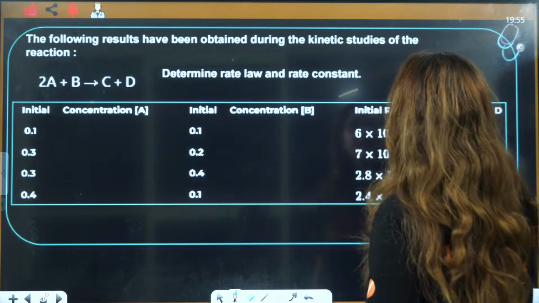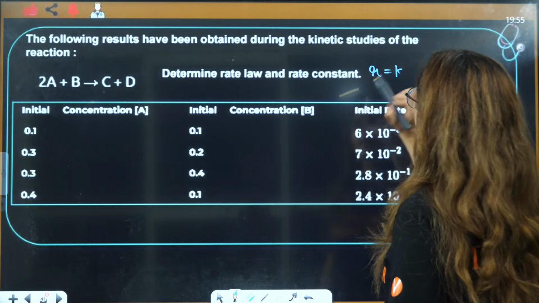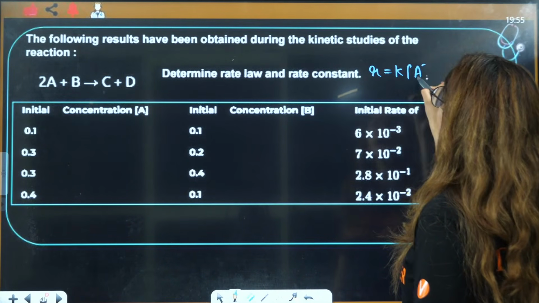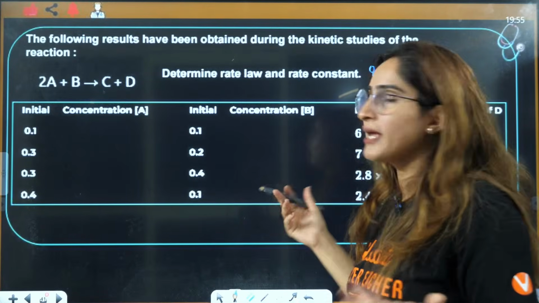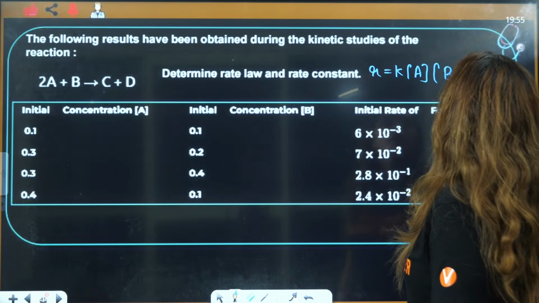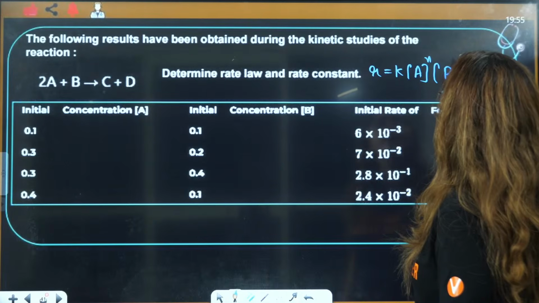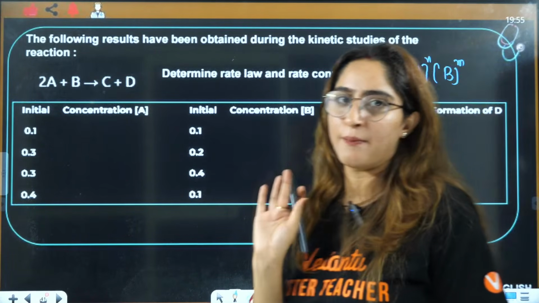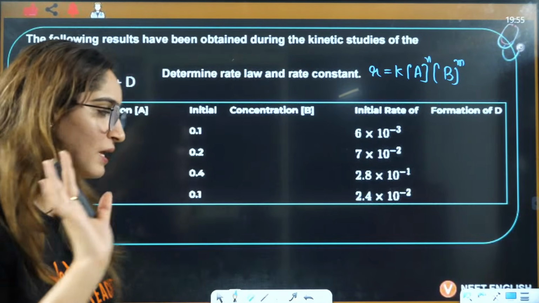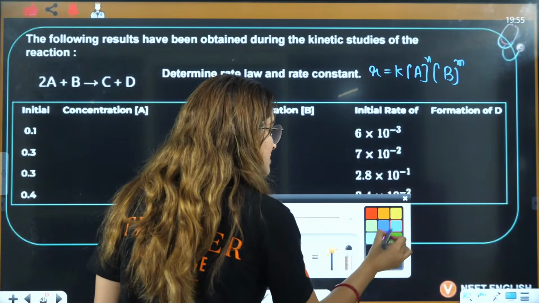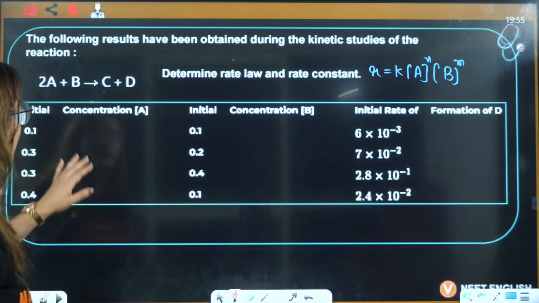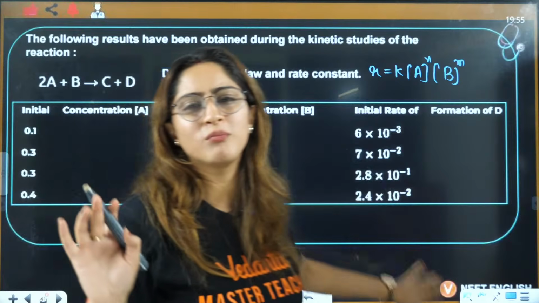Now, I'll just take R is equal to K, A raised to... see, they have not said whether it is elementary or complex, so I'll take A and B. I'm taking n with respect to A, and m with respect to B. This is what I'm taking here, right? Now, students, see this thing here, that in the table form, you will see,